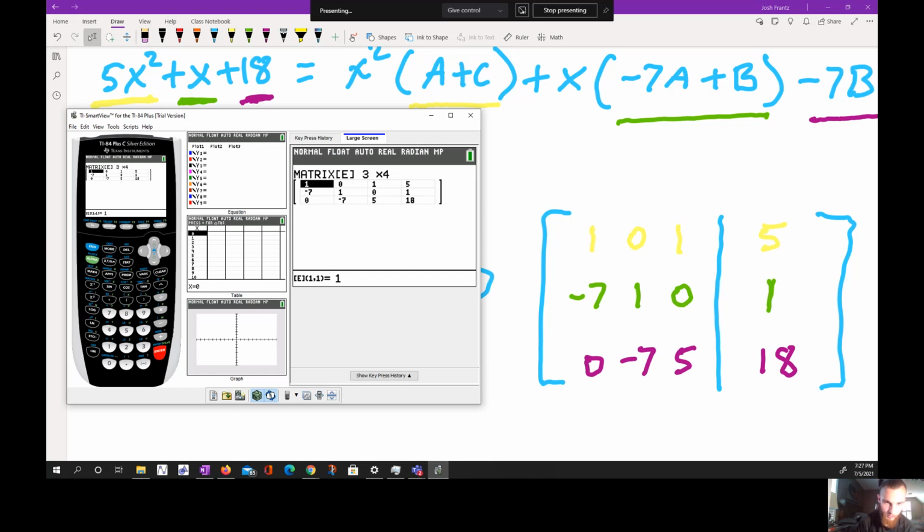Perfect. And now I always double check to make sure I typed it in right. So we have a 1, 0, 1, 5, negative 7, 1, 0, 1, 0, negative 7, 5, 18. Perfect. So now we can go ahead and hit Second, Quit,